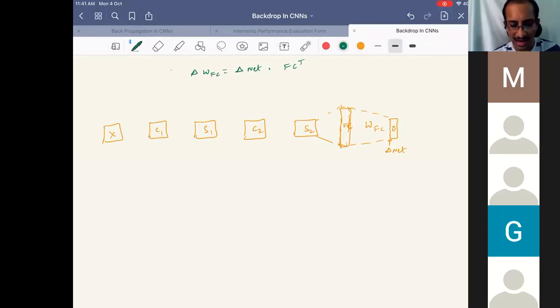Delta FC, if you want to update any weight matrix. So this is of 10 cross 1, for example, here. And then this is 1 cross 192. The weight matrix is also 10 cross 192. Take the dimensions appropriately, and this multiplied by this will give you the weight update. And we said this is a very important step in updating the weights of even a deep neural network. This is how you can do it.